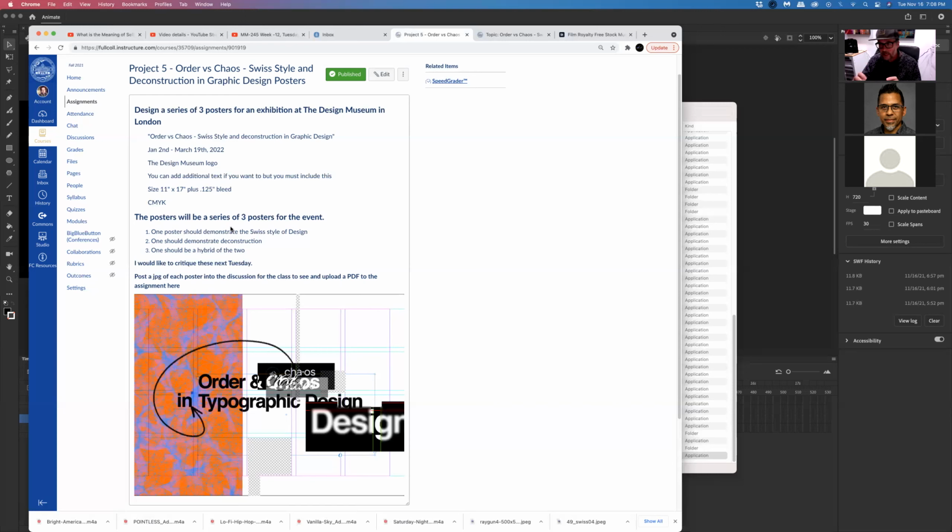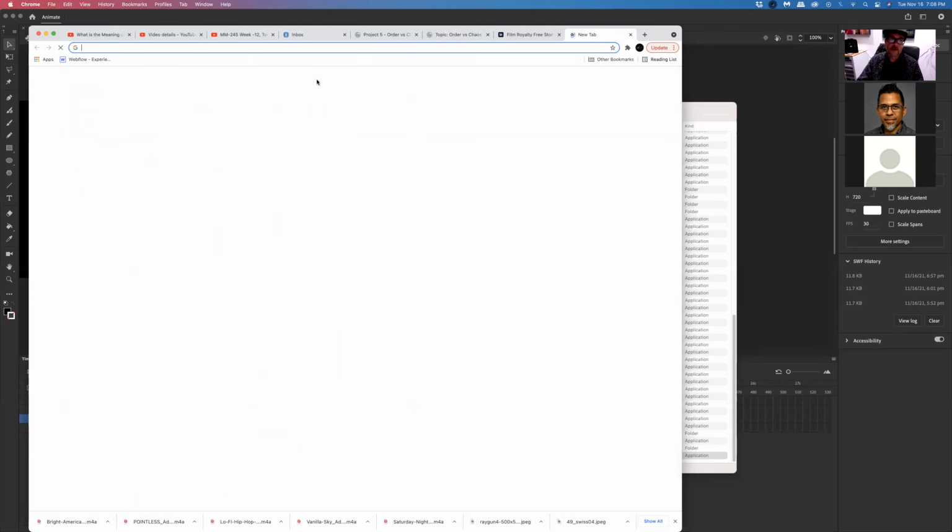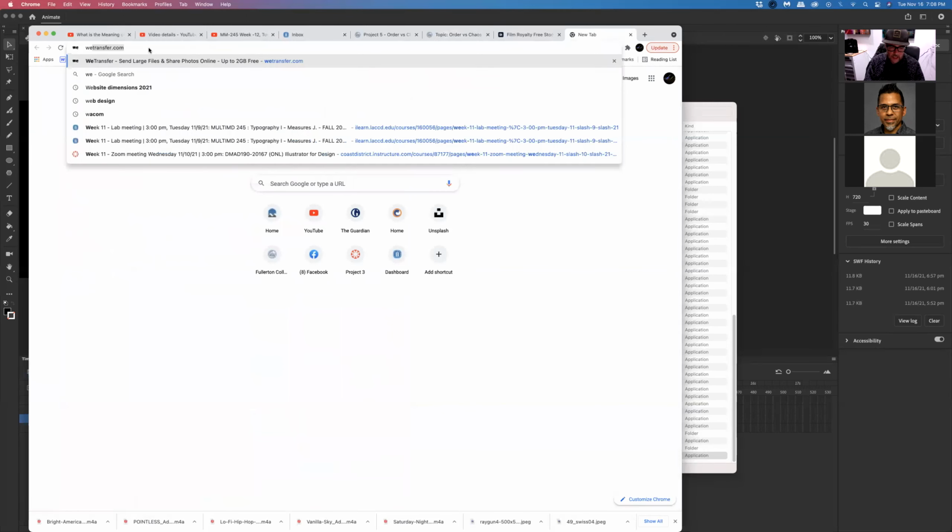So that happens a little bit in the psychedelic posters. Let me show you some examples of those to show you what I mean. So this is not what I mean by deconstruction, but